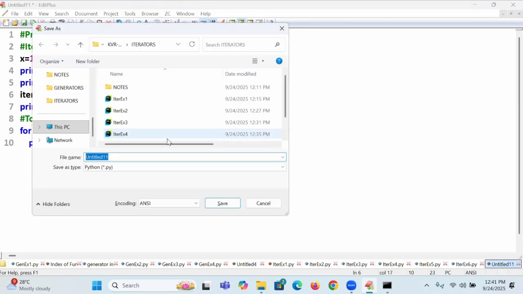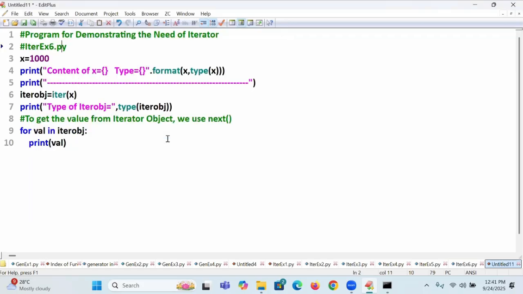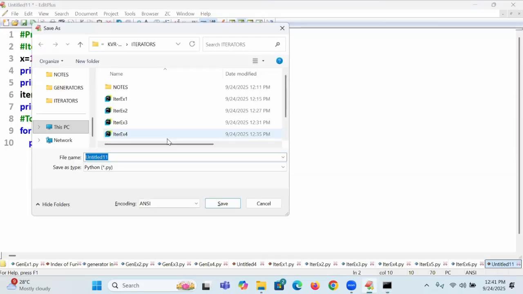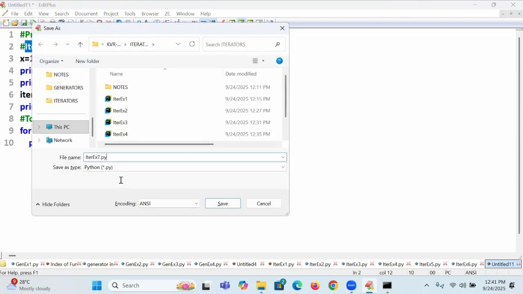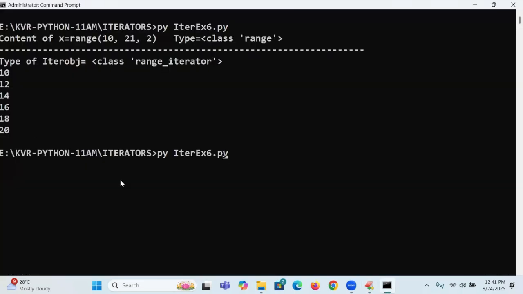I will cut it. I will go to this, called 6.py, no problem. See this answer now. This is called 7.py. Save this code. Error will come. Integer non-iterable. Can't convert that. Py 7.py. So you'll get an error.